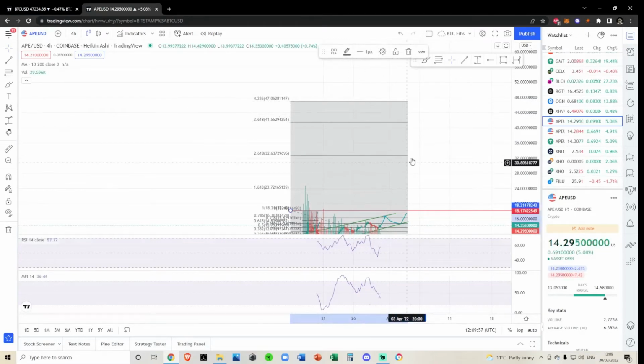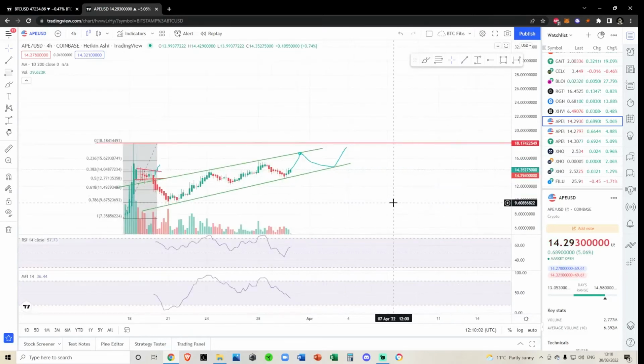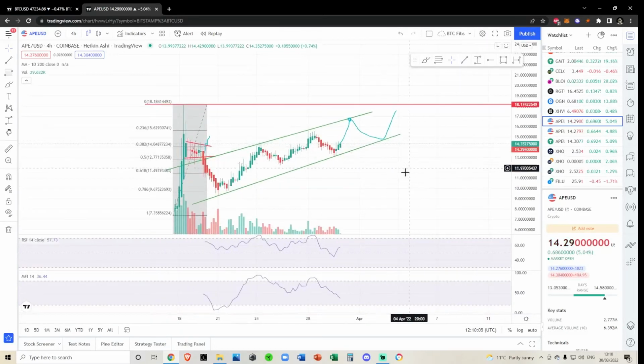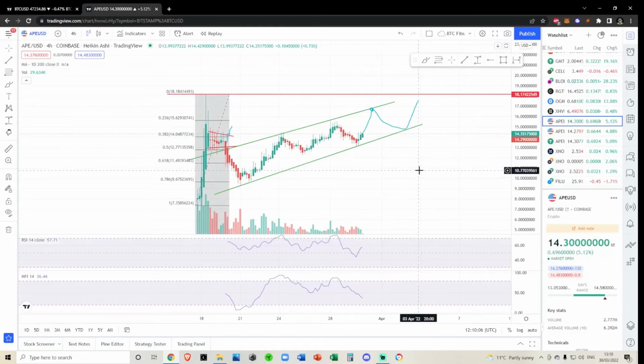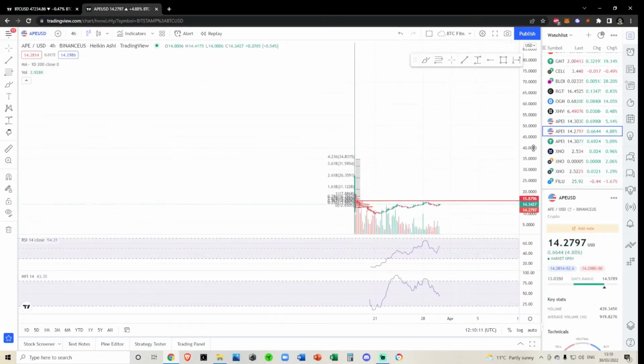So do I think this is a target for this week? No, I don't. This is a long-term target in my opinion. From what I can see, ApeCoin so far is step accumulating to the upside. Obviously, $40 is definitely on the table, because if we look at some exchanges like